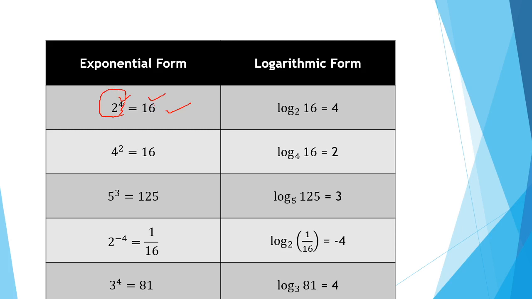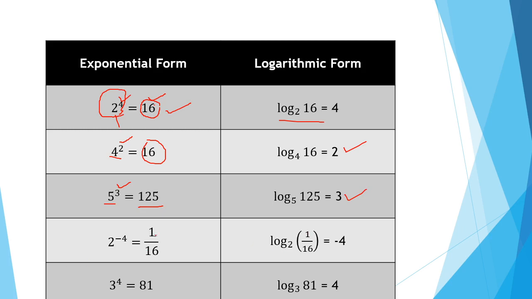In this exponential form, we are finding the relation between 4 and 16. So logarithm of 16 to the base 2, observe here, that equals 4. We read it again: logarithm of 16 to base 4 equals 2. Are you following? And say once again, logarithm of 125 to the base 5 is equal to 3. See here, like this.